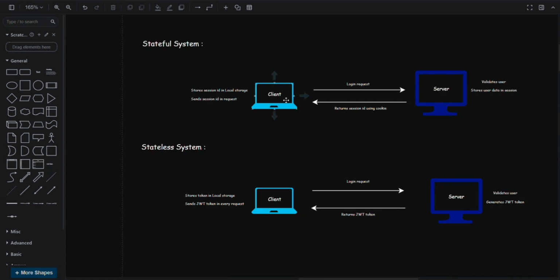First, in a stateful system, the client sends a login request to the server, the server validates the user and stores the user data in the session. The server returns that session ID to the client and the client stores that session ID on the browser side. It may use session storage, local storage or cookies. And in all further requests, the client sends that session ID to the server, and the server just compares that session ID